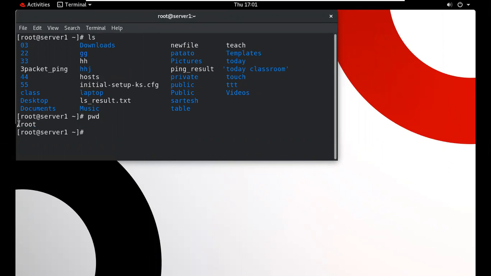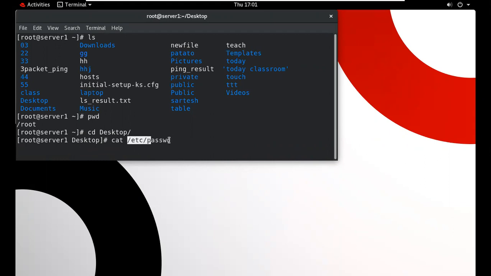The location name is root. And I want to work in the desktop location. Where is desktop? So cd Desktop. Now I am working in this particular location, and I want to open a file. The file name is cat /etc/passwd. I want to open this particular file from this location.